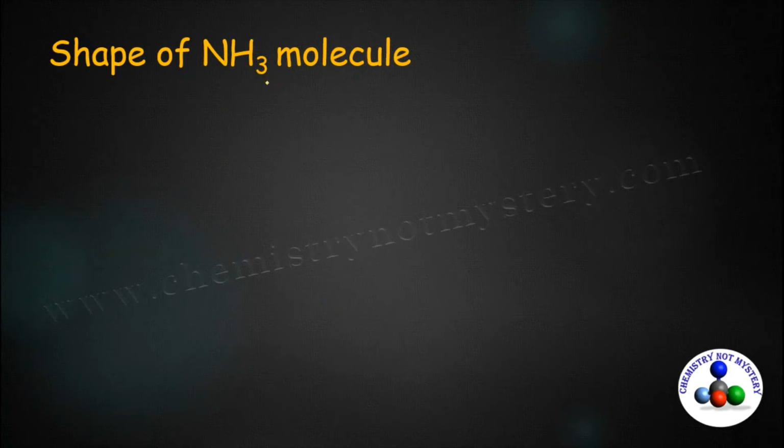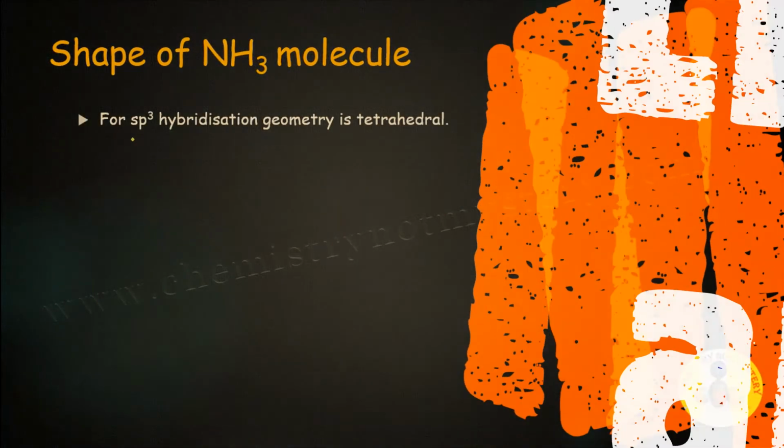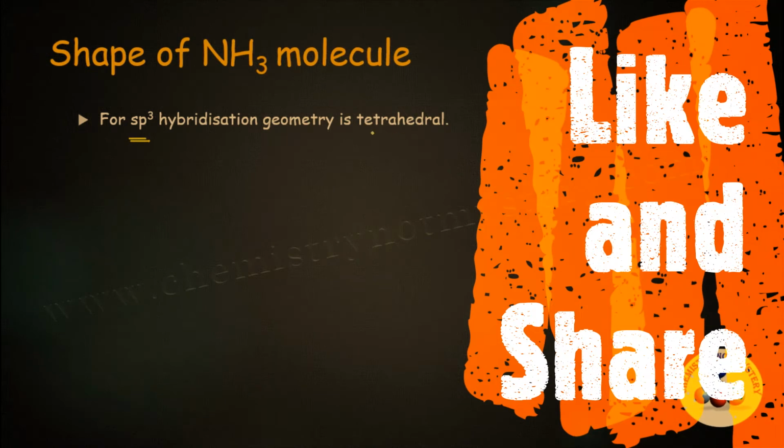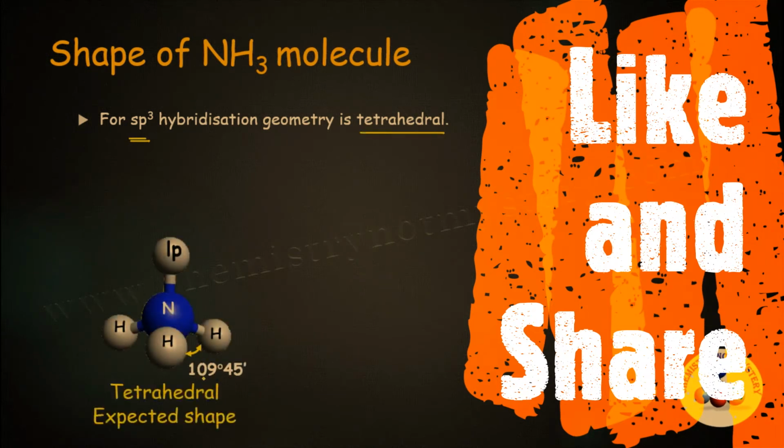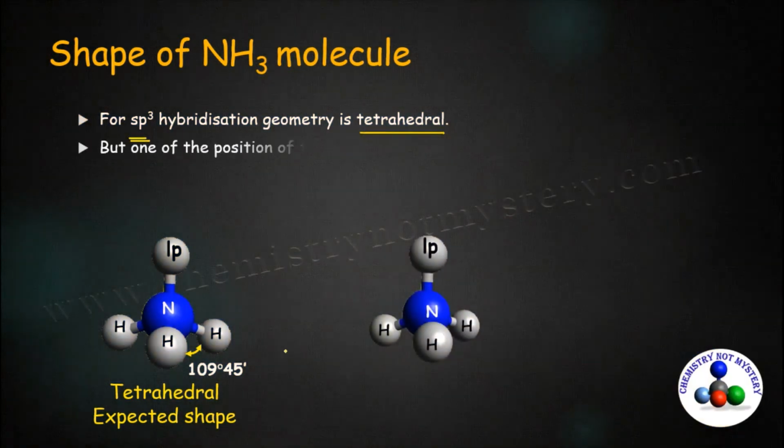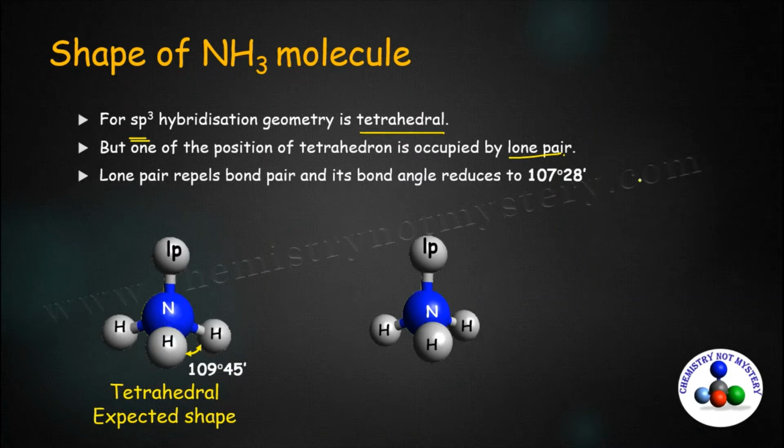Now come to the shape of the ammonia molecule. As we have already discussed, for sp3 hybridization, geometry should be tetrahedral and bond angle should be 109 degree 45 minutes. But in ammonia, one of the positions of the tetrahedron is occupied by the lone pair. And this lone pair repels bond pairs according to valence shell electron pair repulsion theory. So these lone pairs repel bond pairs, and as a result, the bond angle reduces to 107 degree